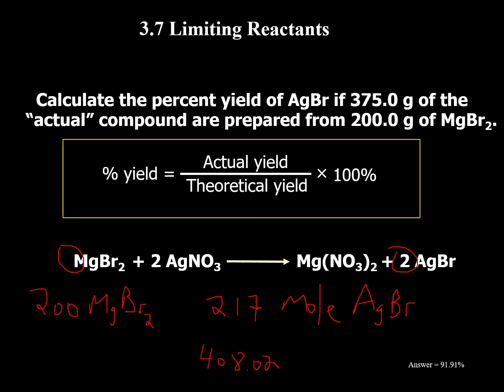Again, we have our actual, which is 375. We have here our theoretical, which is 408.02. You plug it into this equation and hopefully you get 91.91%. So I believe that ends chapter 3. And we'll move along to chapter 4 in a